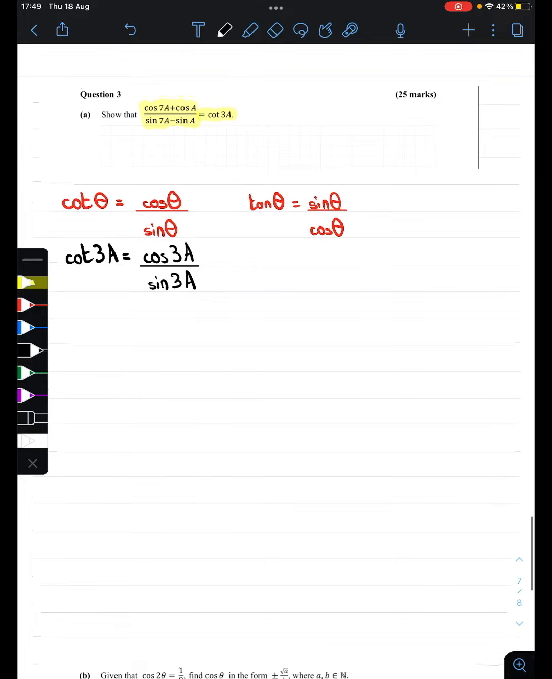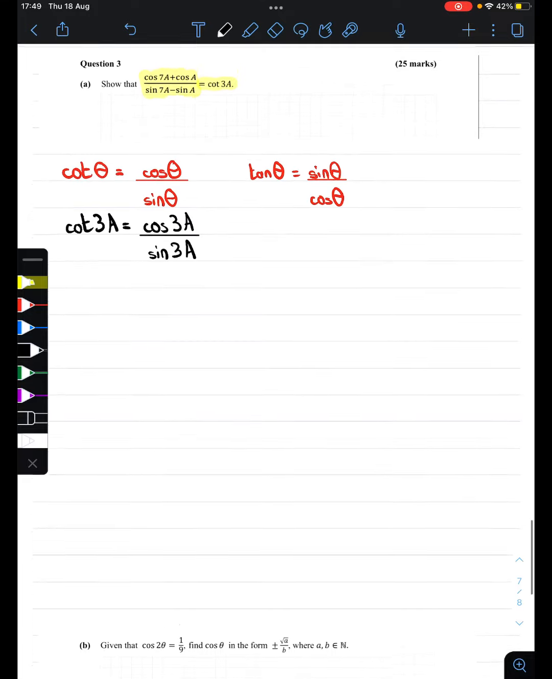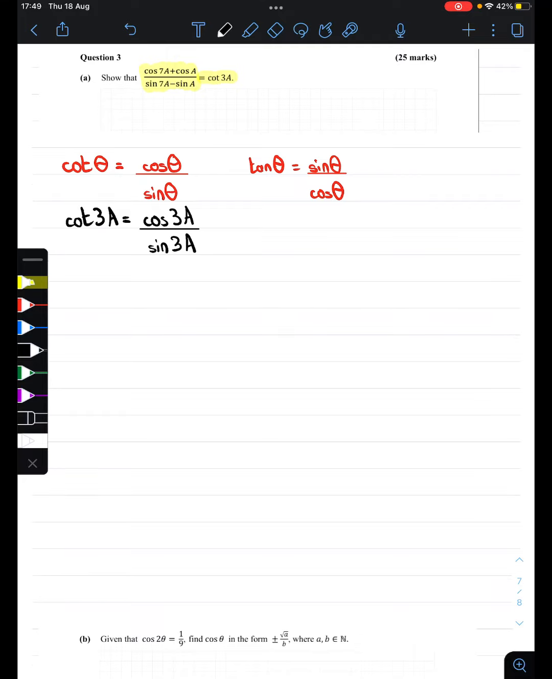So this is a daunting looking question. The top and bottom don't look anything like how we would want them to. But we're just going to take this bit by bit. We'll focus on the numerator first, try and see if we can simplify that, and then do the same with the denominator. So first, the numerator, let's consider cosine of 7a